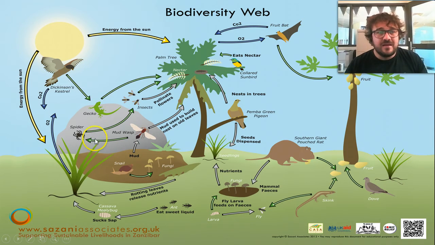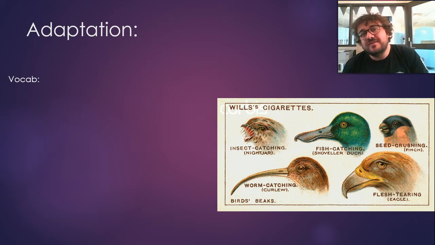So we see that everything relies on one another. Okay, it's all interrelated, and if you take this guy out, it's going to affect the fungus, it will affect the seedlings, which then affects the birds, which eat other things and get eaten by other things, and so forth. So what's an adaptation?